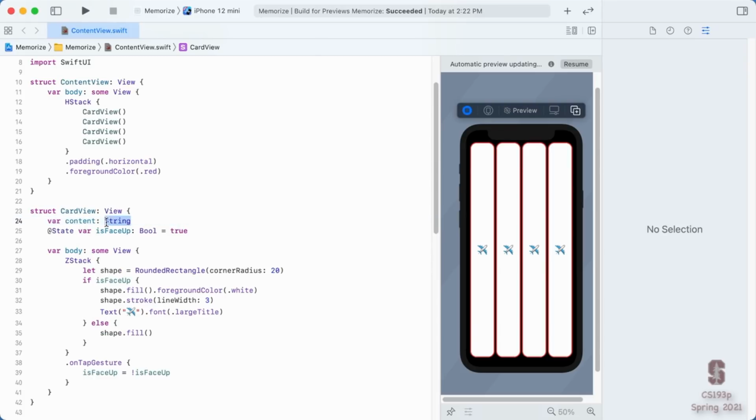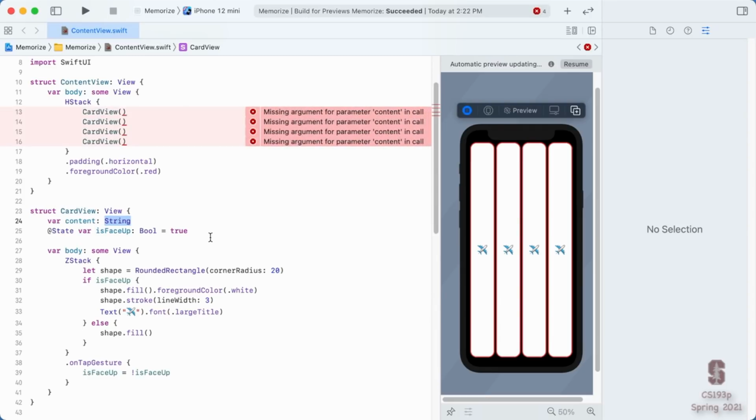A String, by the way, is a very important struct inside of Swift. It is obviously used in Text and everything else. This is the kind of struct that you're going to want to become familiar with by looking in the documentation. And in fact, let's take a brief look at how we can look in the documentation, because there's a quick way to get into the documentation from your code, which is to use the Option key.